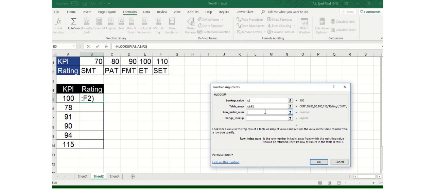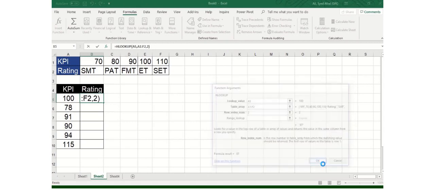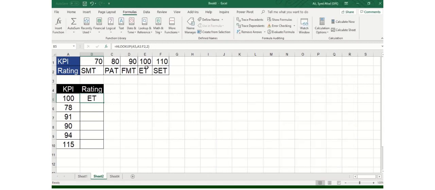Now the third argument is the row index number. This function is asking me, I can fetch this data from this content, but which data would you like to know? I would like to know row 2. Now you can see that against 100, the value is ET. Let me try it out and I'll press OK. It becomes ET, which is perfectly fine as 100 is already available. But if I use it for this particular value, because 78 is not available, and the values available are 70, 80, 90, 100 and 110,